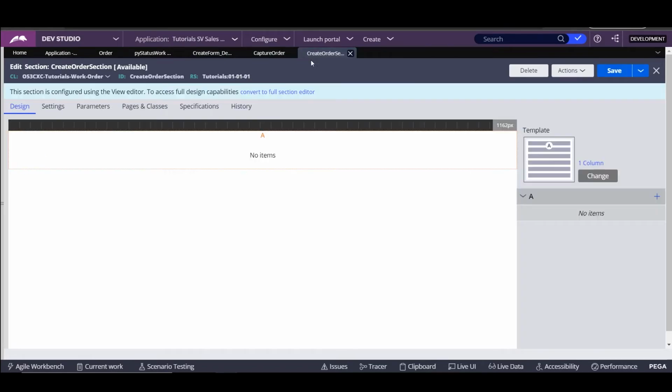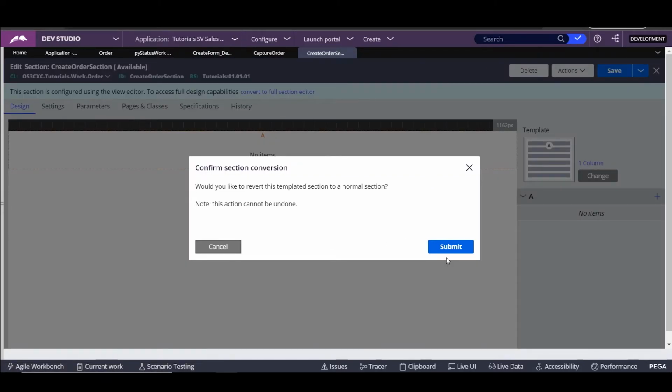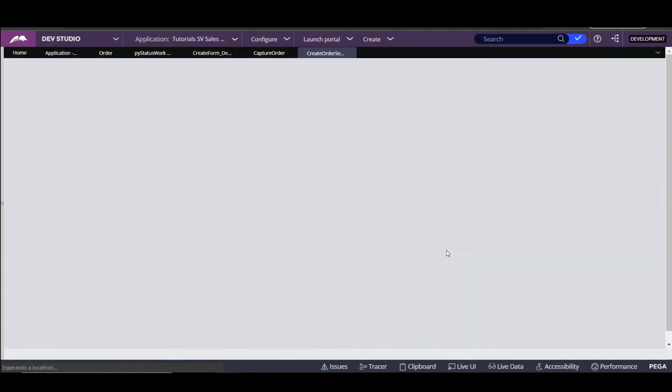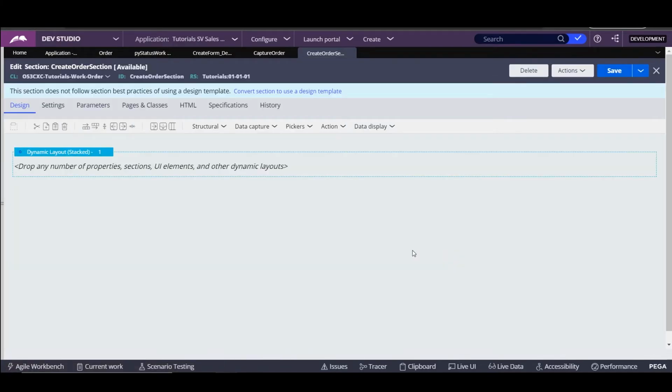So now that we have all that set up, we can go and work with the section. The section rule is basically the view of our application, right? You can work with a lot of stuff here. We can work with a lot of layout. But in order to maximize productivity, I don't like to use this wizard. I would like to click on convert to full section editor, and here we'll be able to see something more